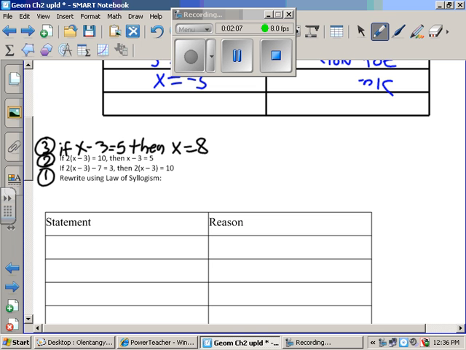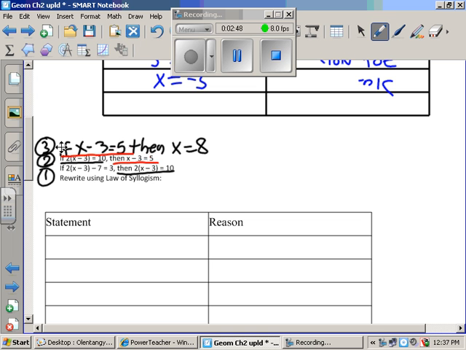Okay. And the way you would check that is to read it. So if 2x minus 3 minus 7 equals 3, then 2 times x minus 3 equals 10. That conclusion should be the hypothesis in my next statement. And she said the next one is if 2x minus 3 equals 10. So it does. It matches. So we're good. Okay, so if 2 times x minus 3 equals 10, then x minus 3 equals 5. That conclusion should match the next hypothesis, if x minus 3 equals 5. And it does. Okay? So if these are in order, 1, 2, 3,